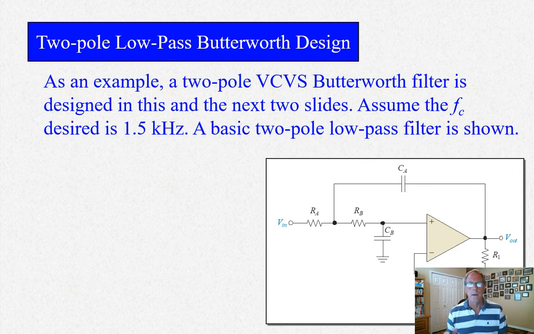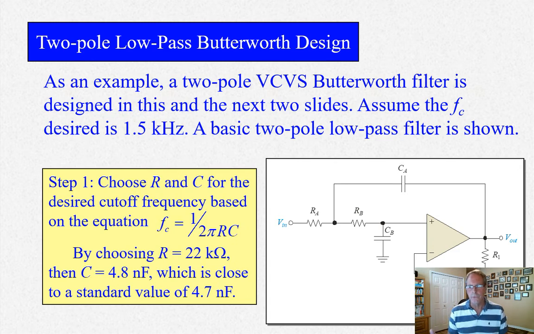We did last week, or right before spring break, the two-pole low-pass Butterworth design, and the schematic shown here is a two-pole. It shows the two capacitors and two resistor pairs. And notice R1 and R2 determines the damping factor, if you remember that. And there's a table